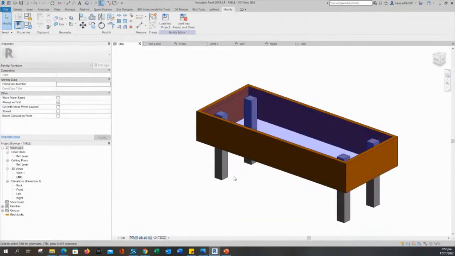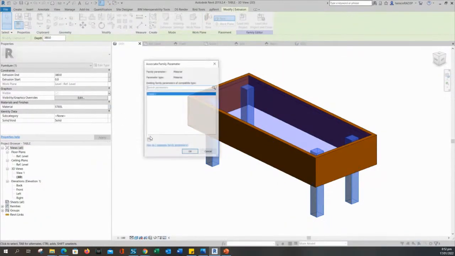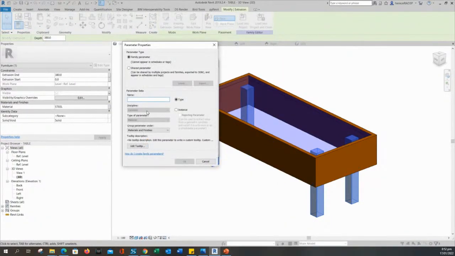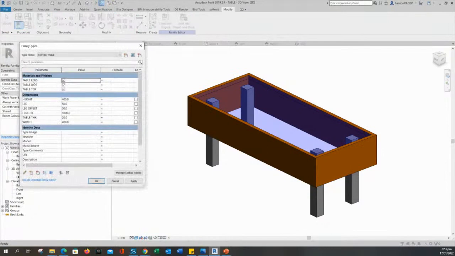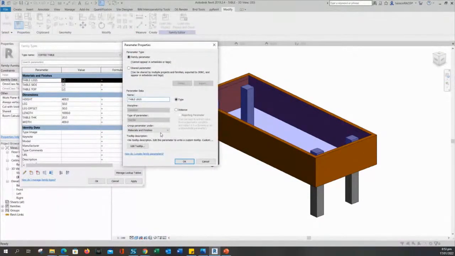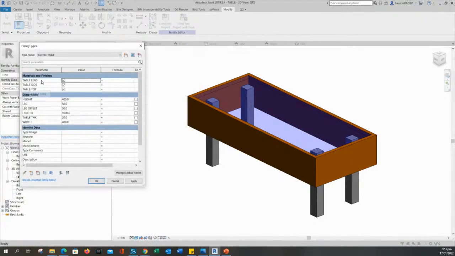What I'm trying to do is to put the materials of this here. Leg. Yeah,